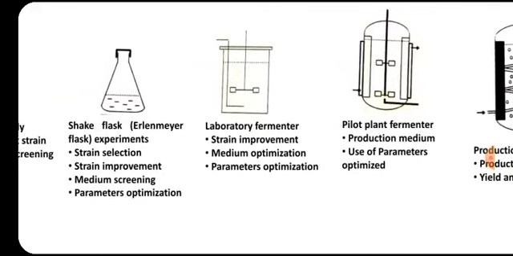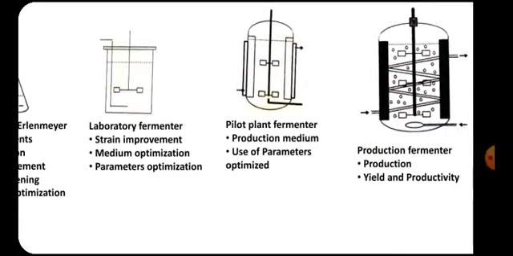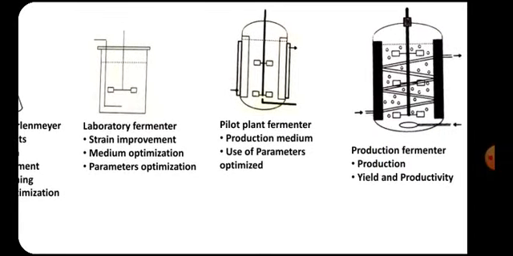Then at the laboratory fermenter, a small scale strain improvement program is run, and medium optimization studies and parameter optimization studies are carried out. Then this information is applicable for running the pilot plant fermenter, which involves studies based on the production medium. So studies related to improving the composition of the production medium are done. Then the optimized parameters are used,